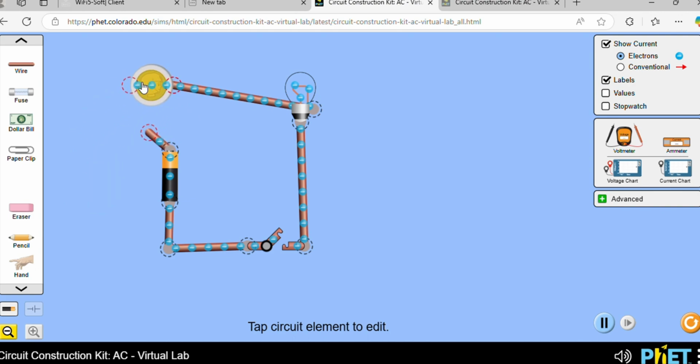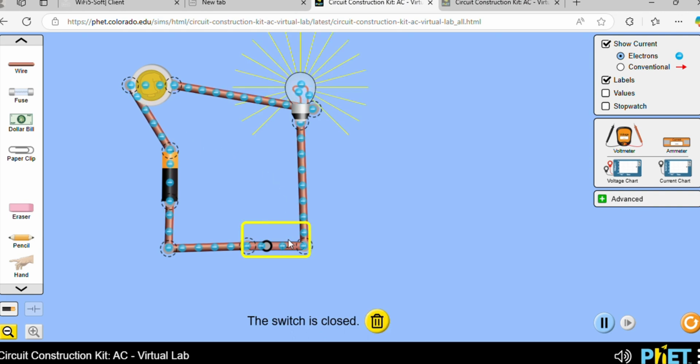So we're going to put the coin, and then turn it on. So what do you observe? That's right. Metals are conductors, meaning they allow electricity to flow.